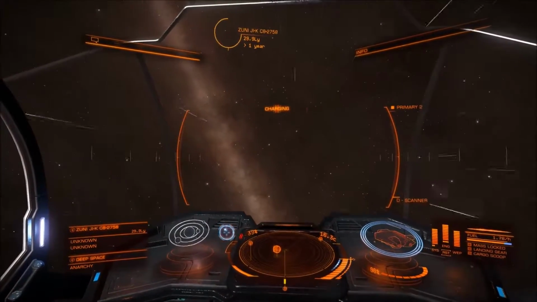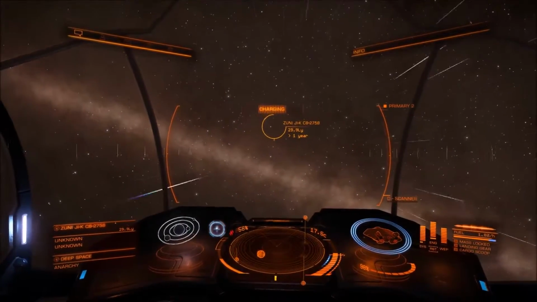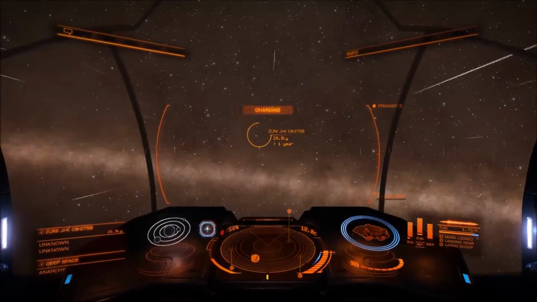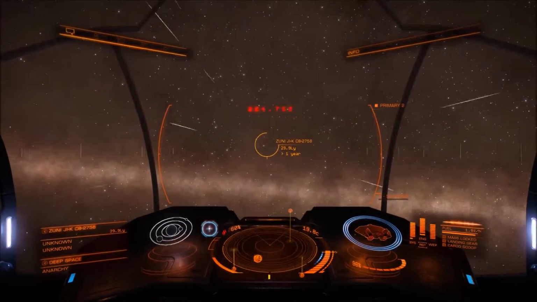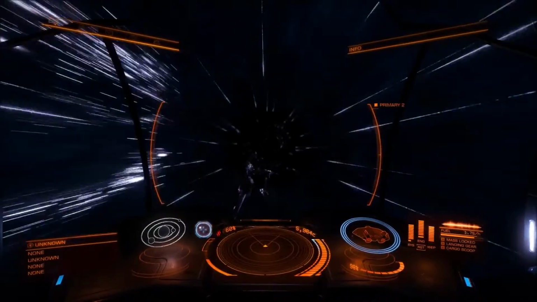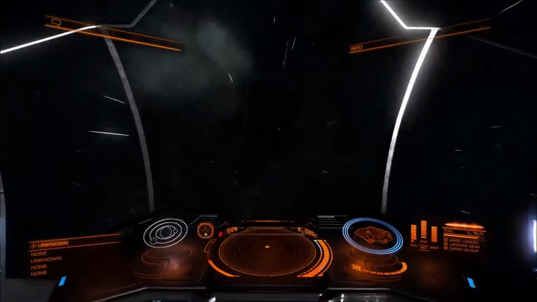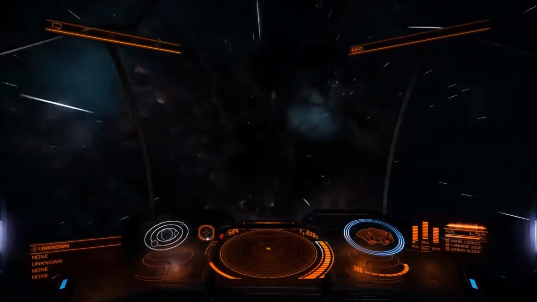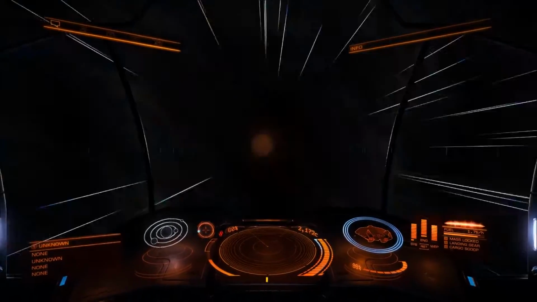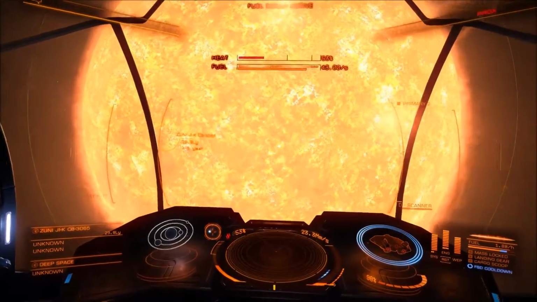Now, when I had my Viper, I still carried on working for the Empire and doing some bounty missions here and there and everywhere, killing pirates. And then I came across this one pirate, and this one pirate showed me that you can make a killing by attacking other ships and stealing their cargo. So therefore, I took my Viper